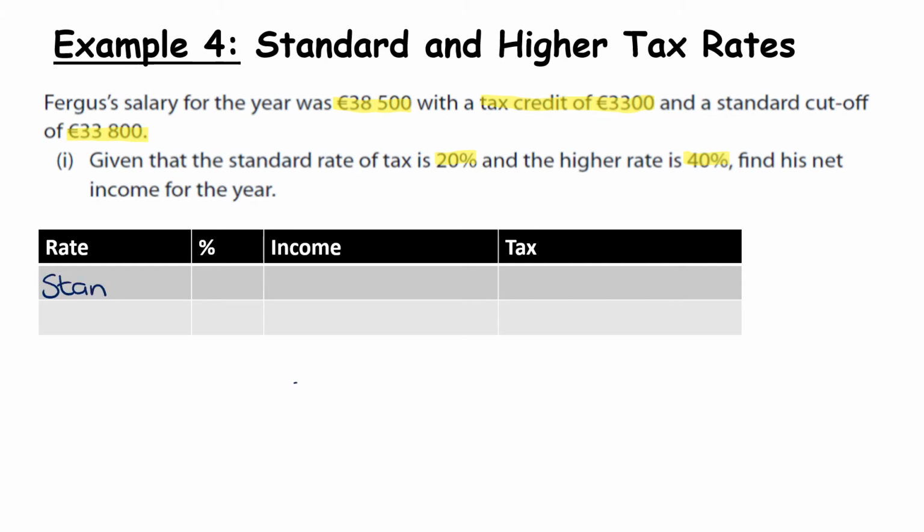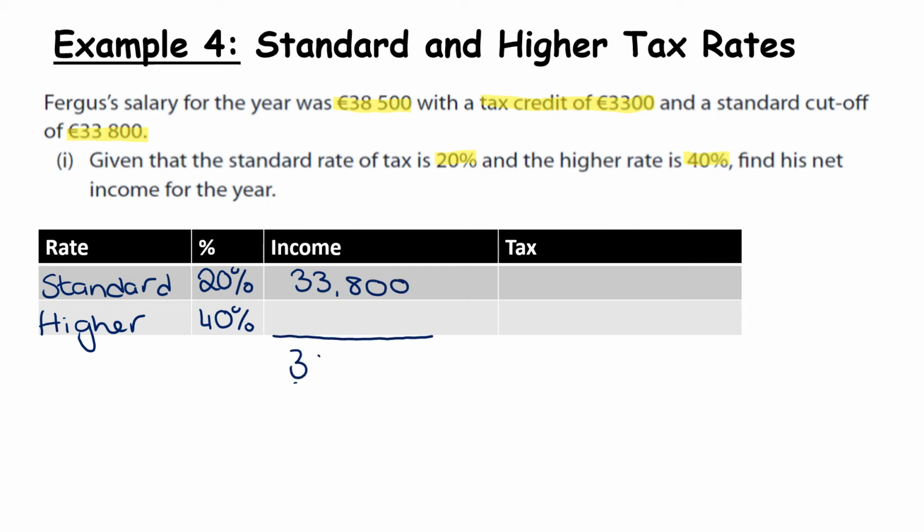So again, we have two rates. We have the standard rate and we have the higher rate. If you want to pause the video now, you can work this through yourself as an example and then just play it to double check that you were correct. So remember, standard rate cutoff point always goes here, 33,800. It should add to the total salary or total gross income, which is 38,500. So to get this number here, we're doing 38,500 take away 33,800,